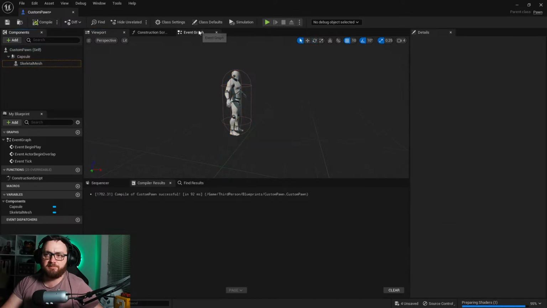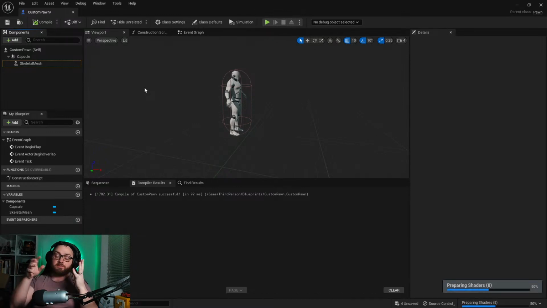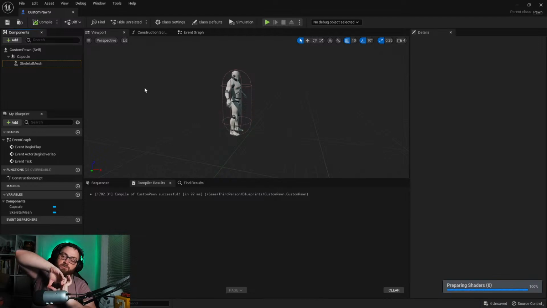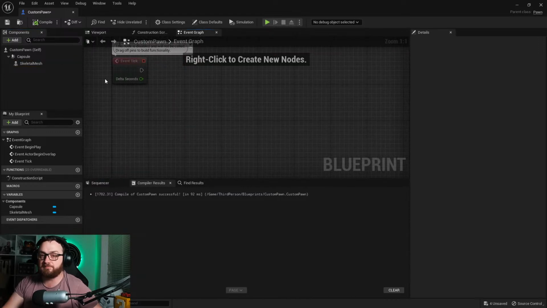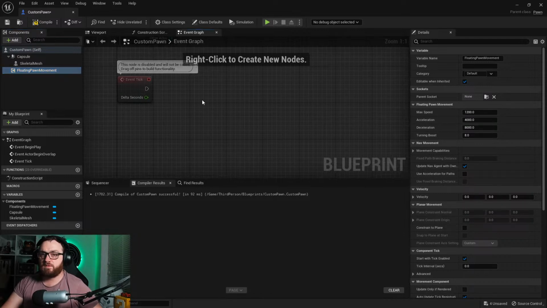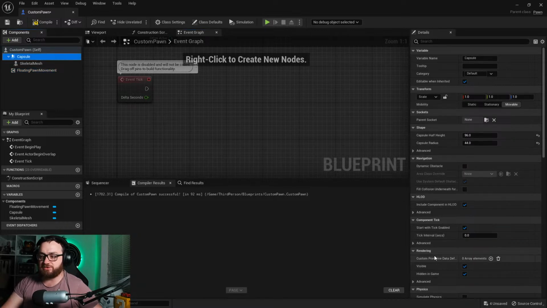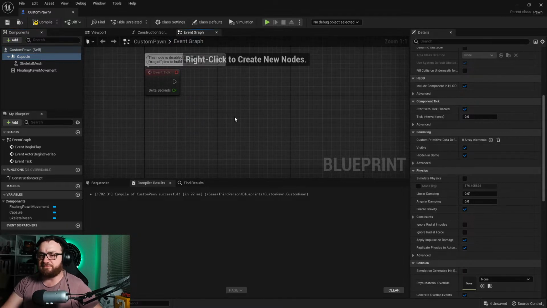Okay. And then the way movement and gravity and all that works, jumping and falling. All you're doing with the character movement component is putting simulate physics on and off when you want them to fall. So whilst you're running around, you don't have it on. But let's say I have a custom jump in here, or like move input. So you have the basic pawn moving thing here, floating pawn movement, where you can set some basic velocity and speeds and things like that. But the capsule here, you would make sure that it's not simulating physics to start off with. And then when you want to push it forwards,